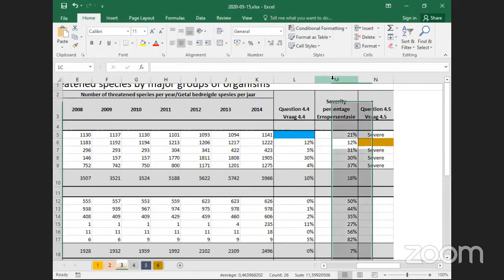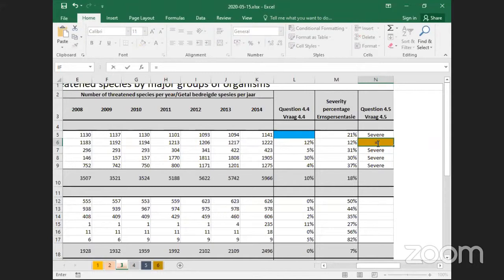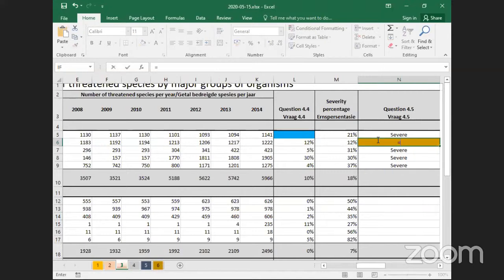So we are working with the percentage in column M, and we are going to work with question 4.5 here in N6. Okay, so we've got three criteria, so we need two ifs. So the first one is equals if. And now your first logical test would be